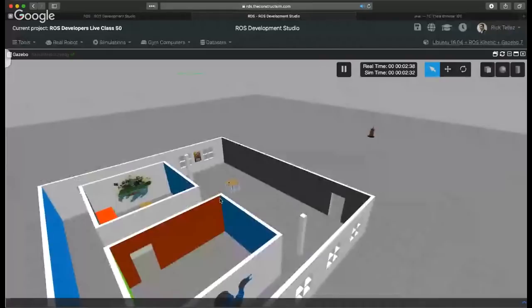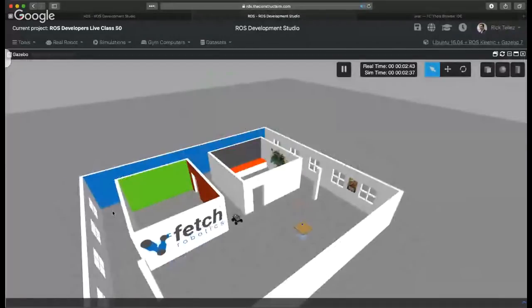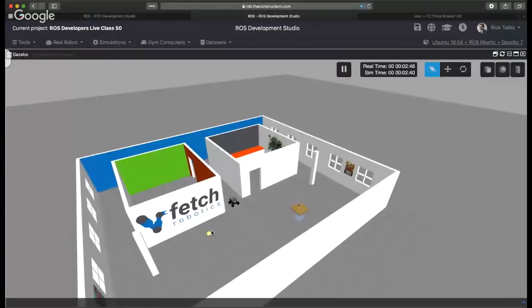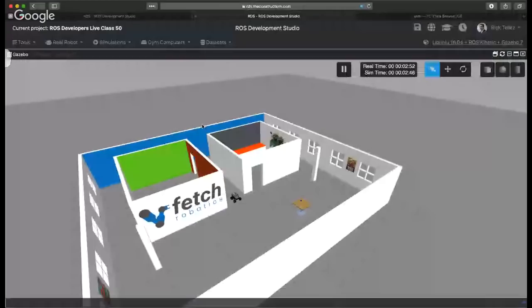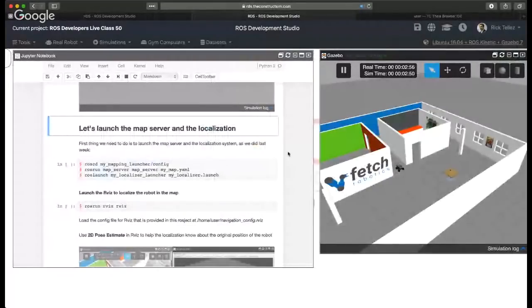Okay, so I have created a map of this environment, including the rooms, and I have included it here in the ROSject. So you have it here. Now, we don't need to create the map now because we already have it. So the only thing that we need to do once you have a map, remember this, is to launch